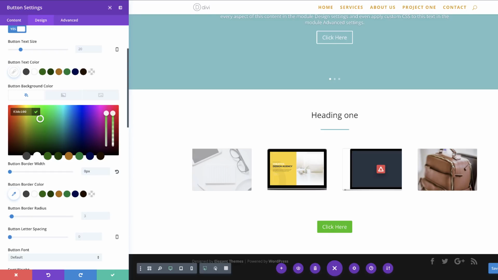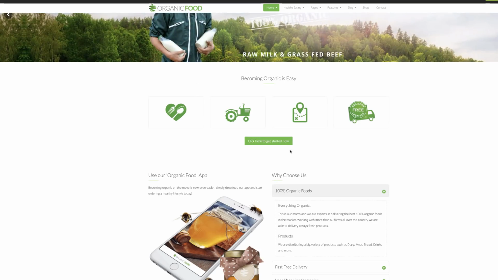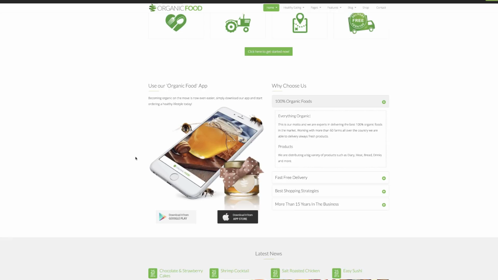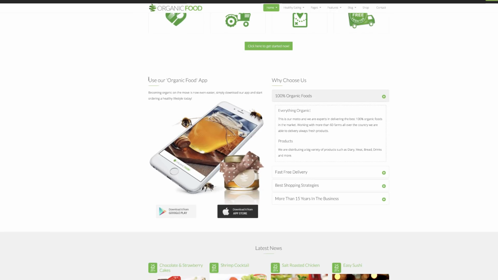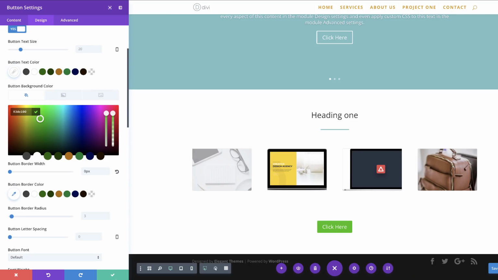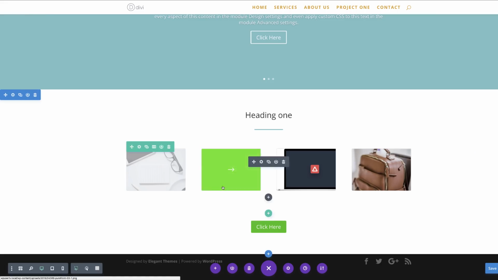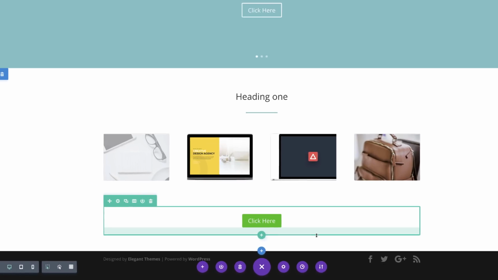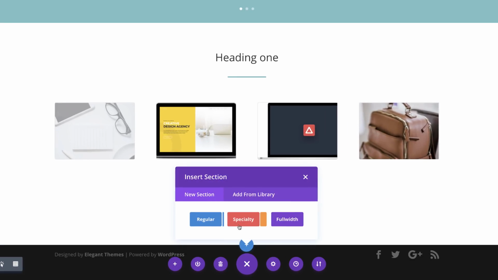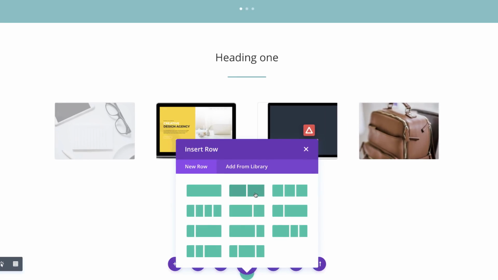Okay, so let's take a look here at the preview. So we have all this, that's looking great. So over here now, we are going to need a title, that line on the bottom, and some text. Okay, so let's go ahead and do that. And also before I do that, you can see here that we have 2 columns. Okay, so I'm back over here. I'm just going to click on save. So ideally, I'd like to have that on a new section. So I'm going to click this plus button here, click on regular, and then we're going to choose these two